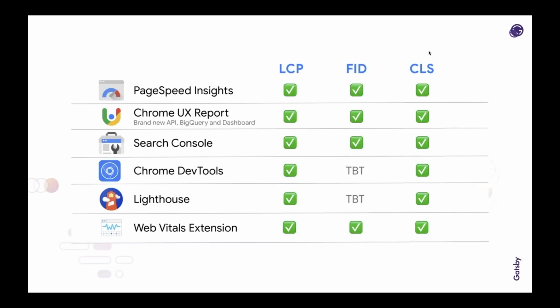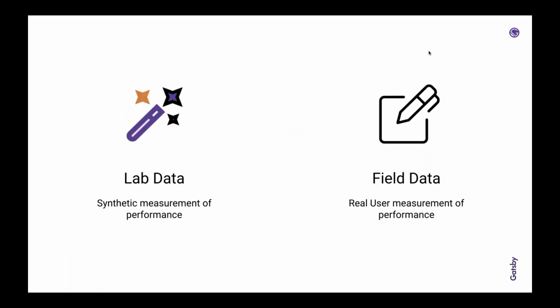So here's a list that they put out: PageSpeed Insights, Chrome UX Report, Search Console, Chrome DevTools, Lighthouse, and then the Web Vitals extension inside Chrome. These are their core tooling sets for capturing these. You'll see a lot of them do some of the similar things. They do it in a different way, maybe they're accessed in a different way, but they all have their own little unique spot. So I'll just flip through these. John, we can quickly talk about how we can best measure them. I know some of them are more important than others. And I think first, let's talk about lab data and field data between these tools.